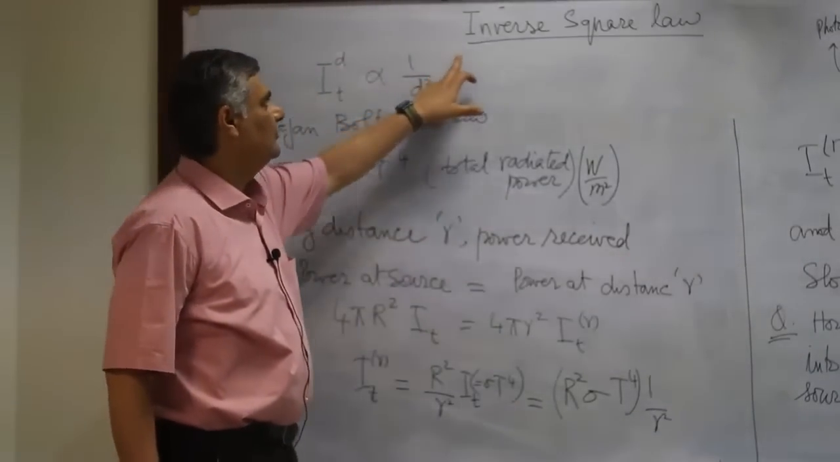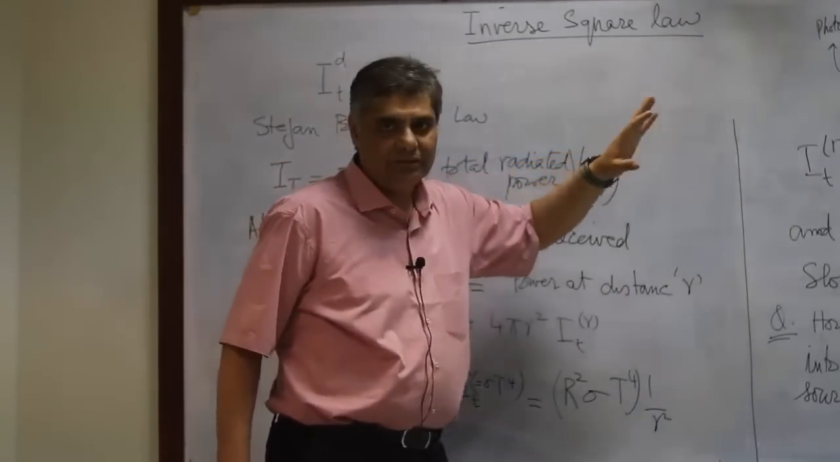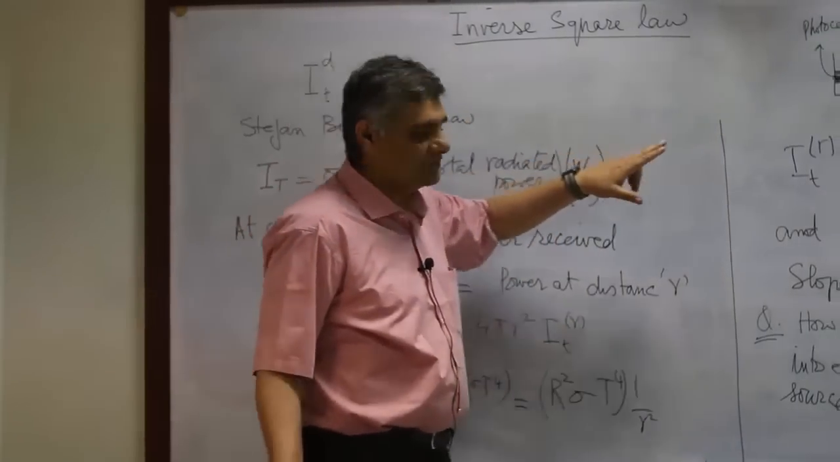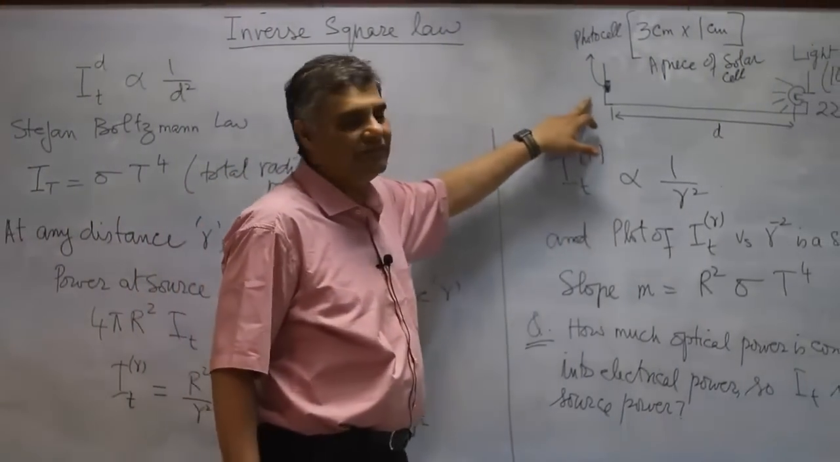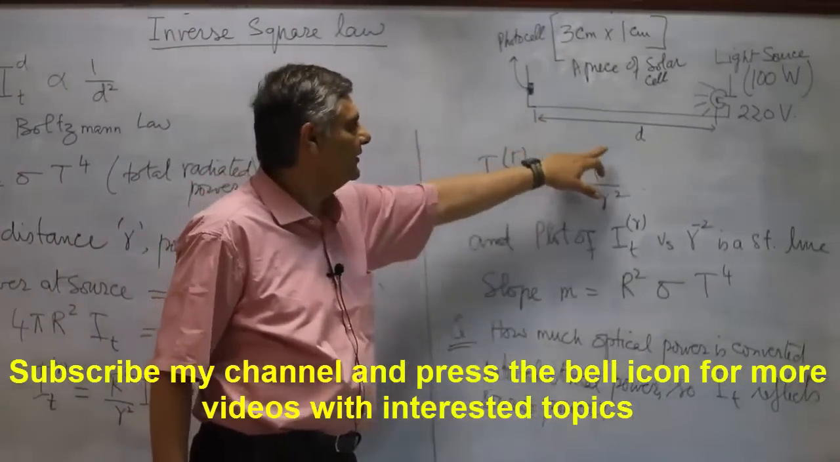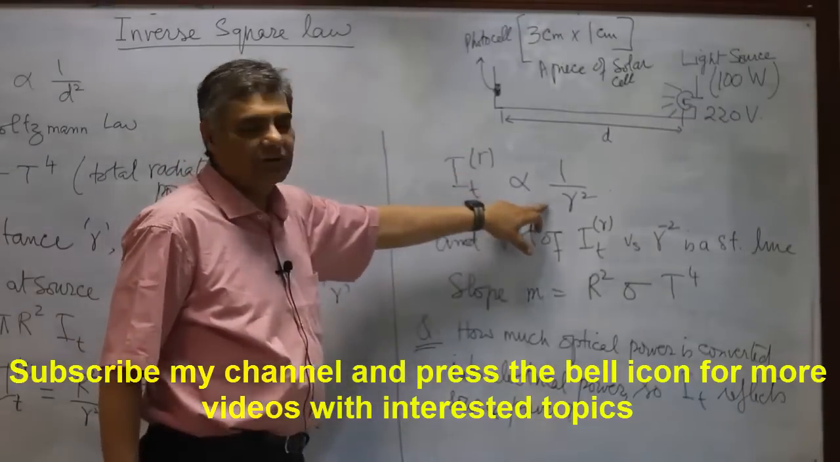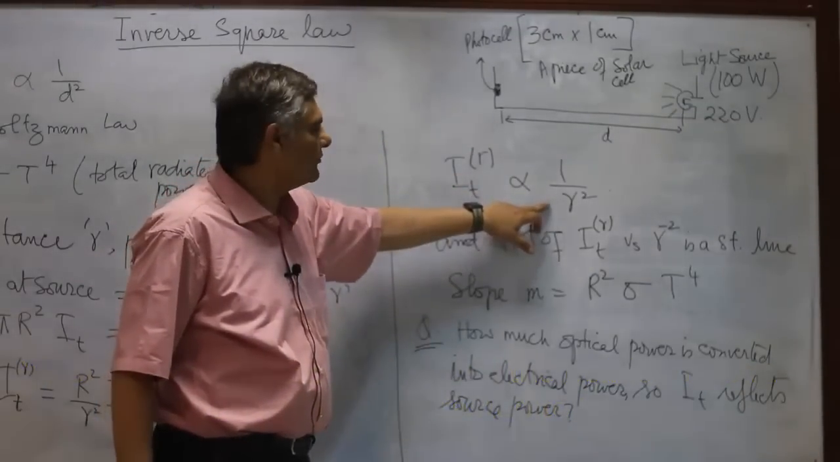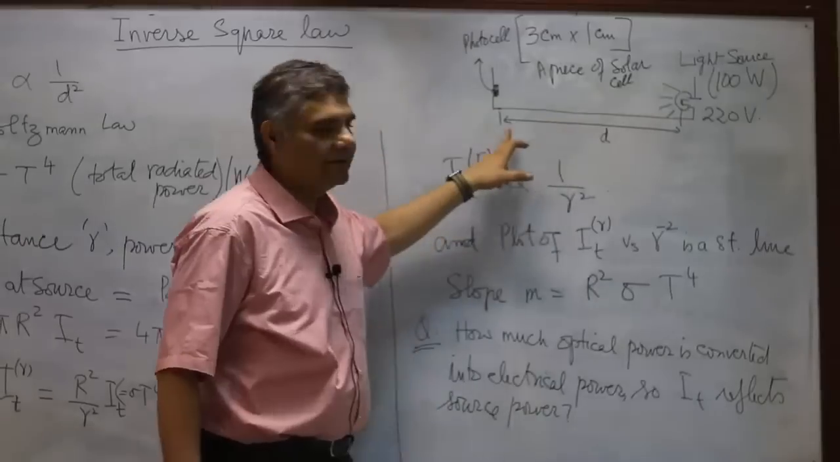Today we are going to prove the inverse square law of a radiation source. बड़ा simple सा experiment है जिसमें हमने prove करना है कि the power received at any distance d is directly proportional to 1 over d square or r square, where d is the distance between light source and the